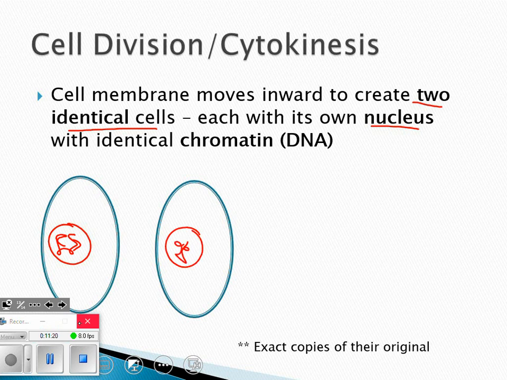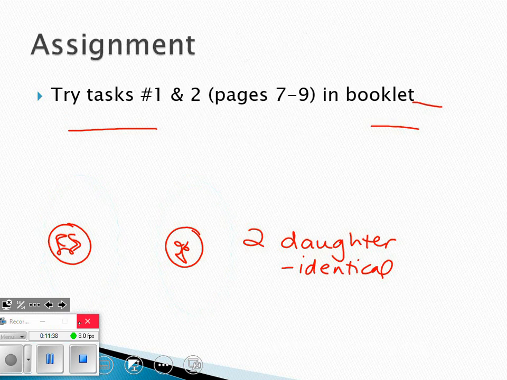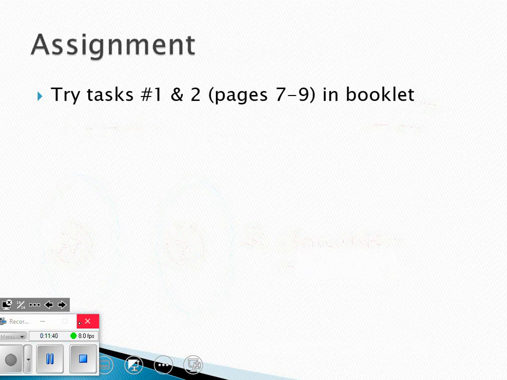Okay, and these are exact copies of their original. So we end up with what we call two daughter cells, and these daughter cells are identical to each other, and they're identical to the parent cell. Okay, so the whole process of mitosis takes about 20 hours in mammals, but can be as quick as 20